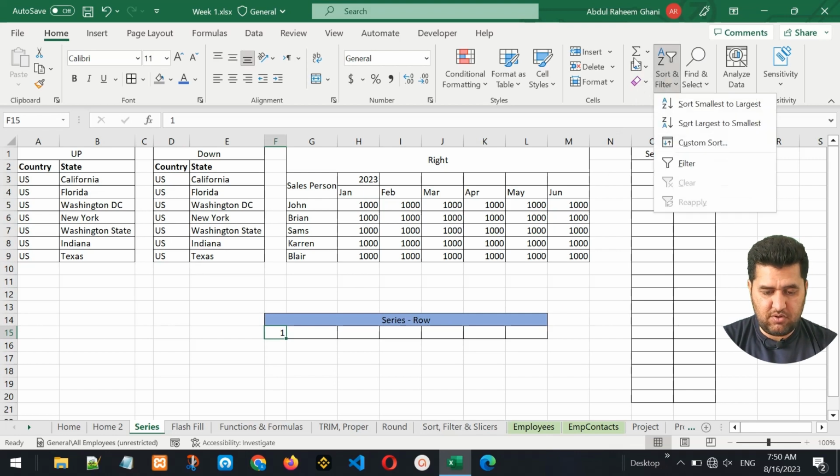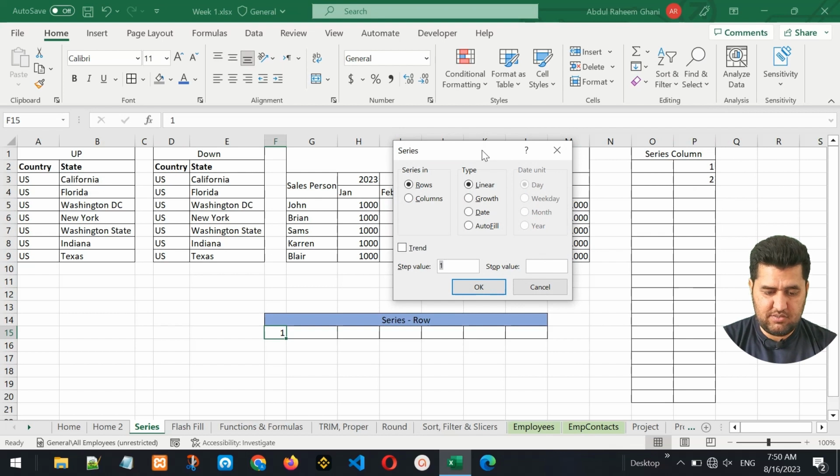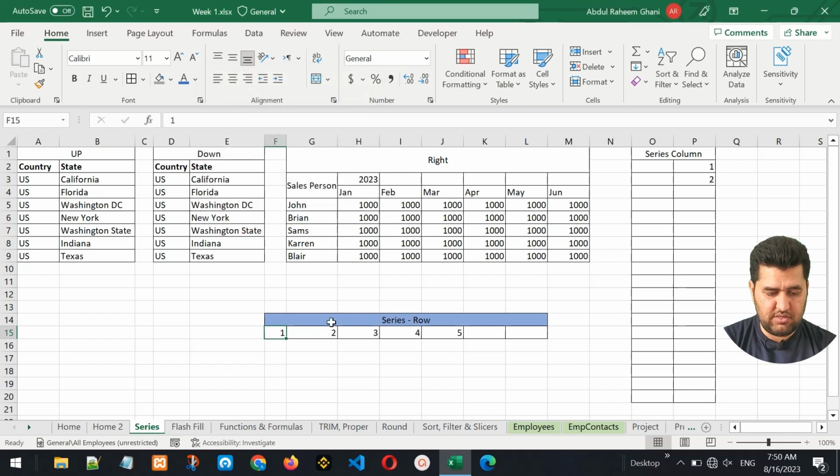Another option we have is series. Let me click fill, and now we have series. In series, we have row option and column option. For example, I want to fill this row to the right. I want to fill this row wise. I want to start from 1 and go to, for example, 10. So if we have 10 cells here, it will be filled. If we do not have 10, then only the selected cells will be filled. So let me go to 5, not 10. Click OK. Now we have 1, 2, 3, 4, 5. This is series